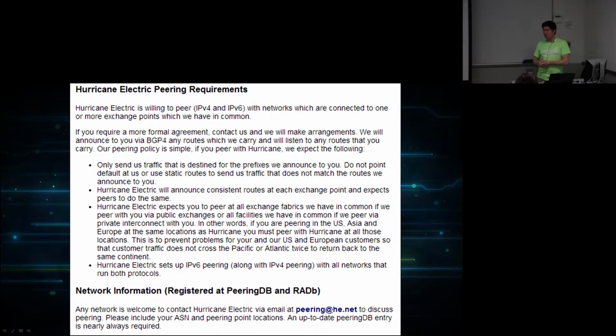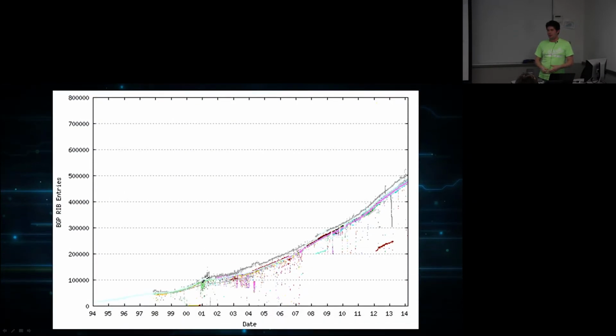And since there is no global accountability of who can route to who, there's agencies out there that will look at these announced traffics. So they have probes in each of these internet exchanges, and they'll see what is the global routing table at that time. So you see back in 98, we had less than 100,000 different peers. And now we're over 500,000. And IPv6, you can see the same thing happening as well, except back here where we had the IPv6 day or whatever, you see there's a sharp jump.